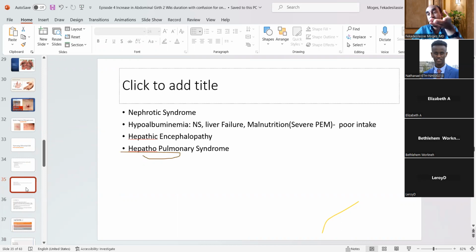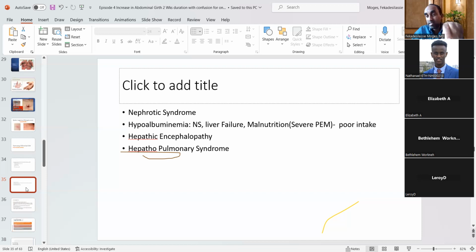So how does it manifest? Bleeding. What kind of test do you do to assess for coagulation disturbance? PT or PTT? Yes, you do PT actually. So you do PT and INR. You check for prothrombin time and also INR. You can also check for activated partial thromboplastin time, PTT. Okay, excellent. So with AST and ALT, what kind of pattern ratio do you anticipate if it is related to